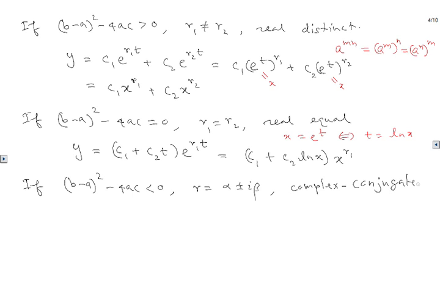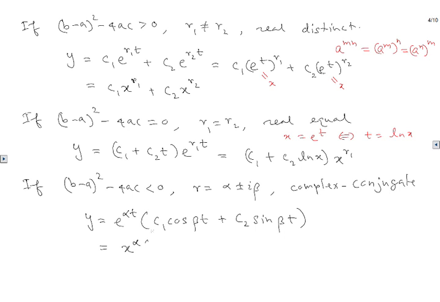So in the complex conjugate case, you know how the solution looks like. The solution looks like y equals e to the alpha t. Remember, the differential equation is in the variable t, so you solve in t first, and then c1 cosine beta t plus c2 sine beta t. Now as before, we can replace all the t's by ln x and e to the t by x. So if you do that, you can write this as x to the alpha,